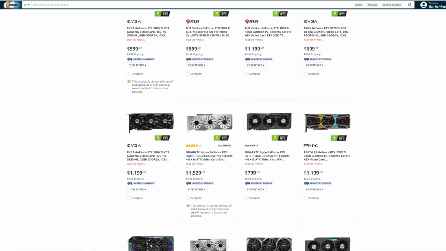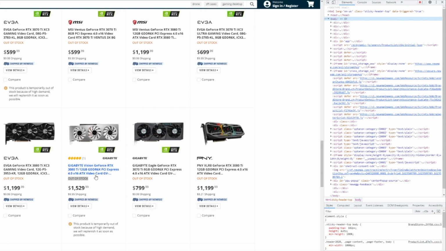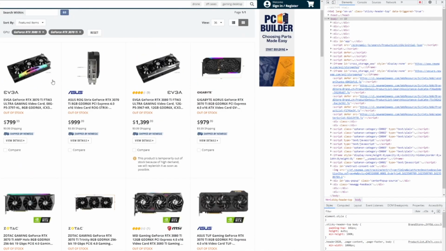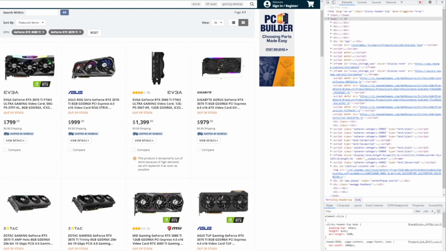And you know that once they are back in stock, this element here should no longer be there, right? The thing I do in the other video, I just go and check for any item that is not out of stock, and then I send an alert. You can change the code, right? You can adapt that method, and if you see something that is in stock, you can just click on it and buy it. So I think this is far more efficient, because instead of requiring like a dozen or 2 dozens clicks or page views, right? You only need one page view to see everything that's in stock in one go.